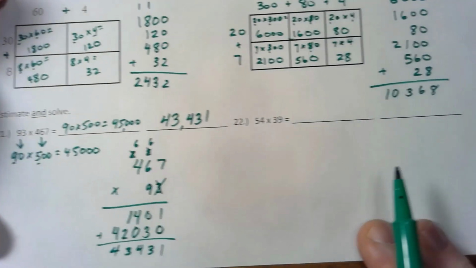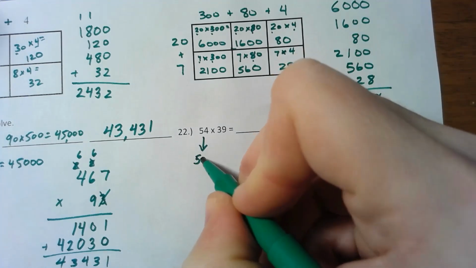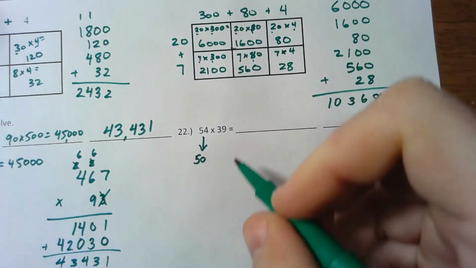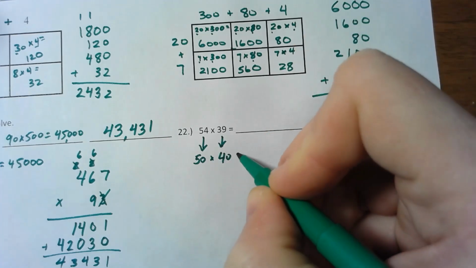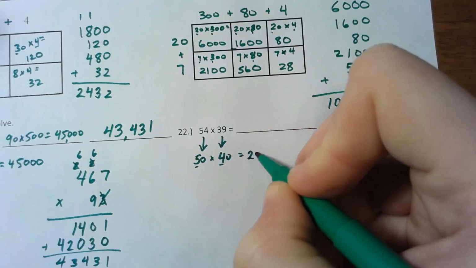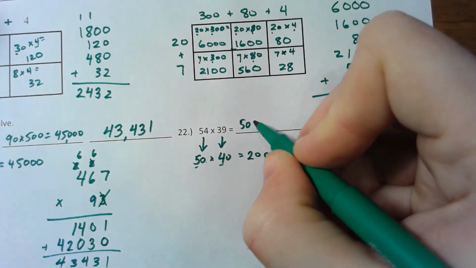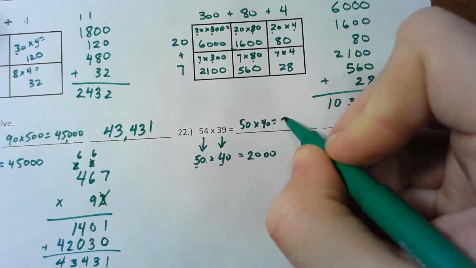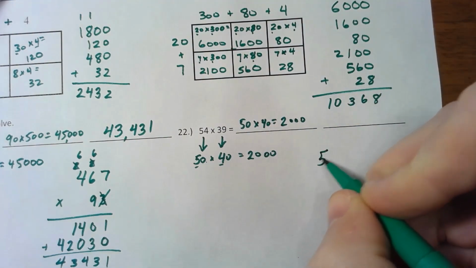And question 22, I'm going to round 54 to the tens place, and that'll give me 50. I'm going to round 39 to the tens place, and that will be 40. 5 times 4 is 20, plus 2 more powers of 10. So my estimate is 50 times 40 equals 2,000. When I do the actual